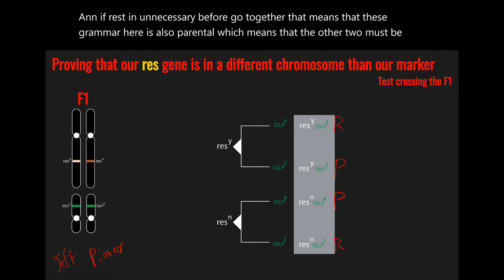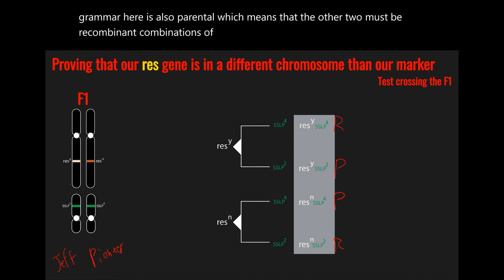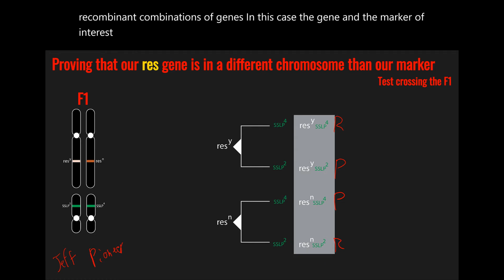Combinations of genes, in this case the gene and the marker of interest, that weren't inherited, that weren't given to the F1 by their parents. So